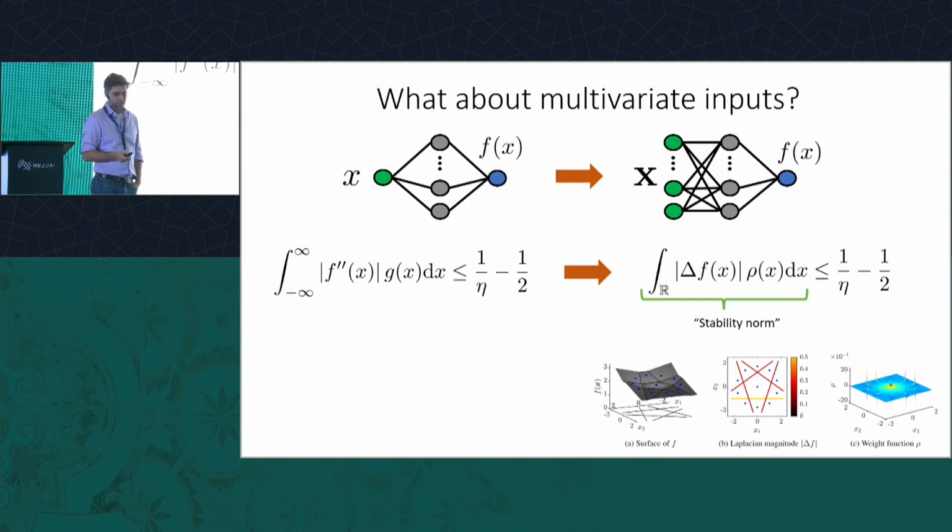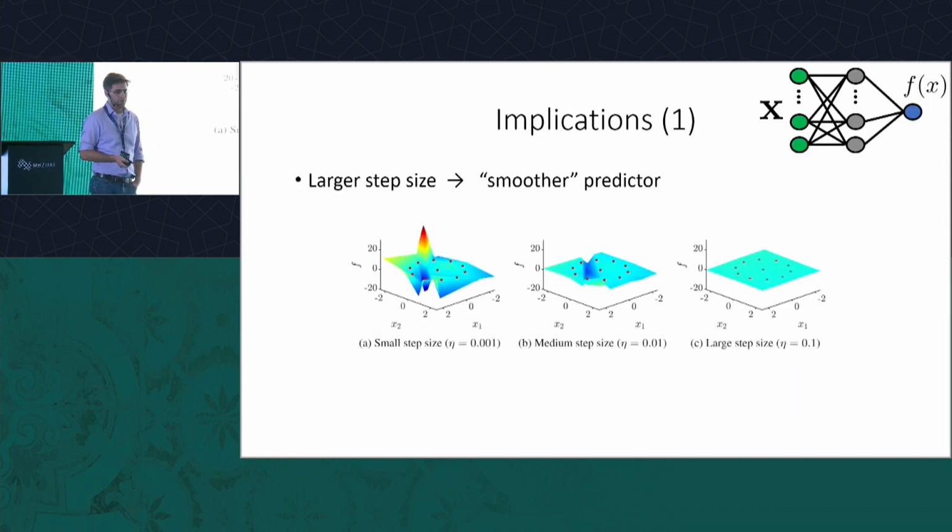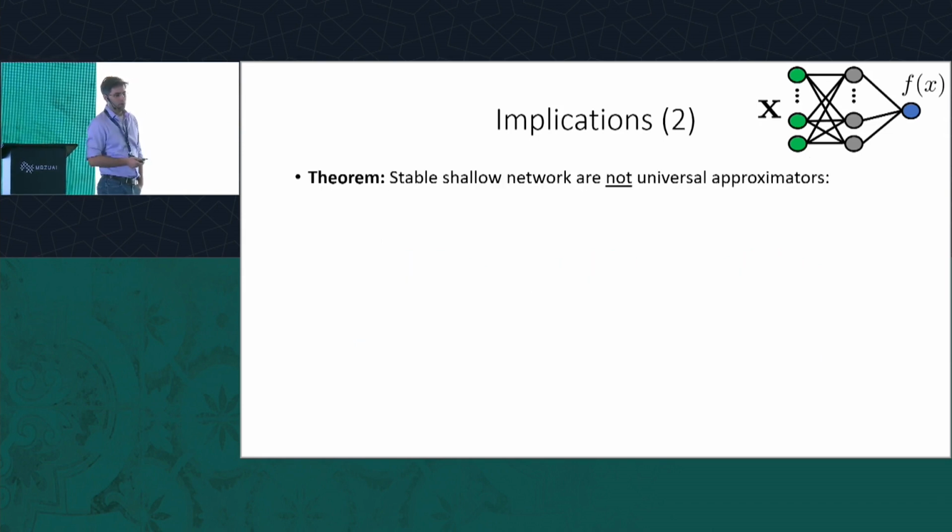But what can we do with it? First, we can say that, like before, if we use a larger step size, then the derivative here, the weighted Laplacian, will be smaller, so we get smoother and smoother functions as we increase the step size. We can also show that if we converge to a stable minimum, we have a stable shallow network,